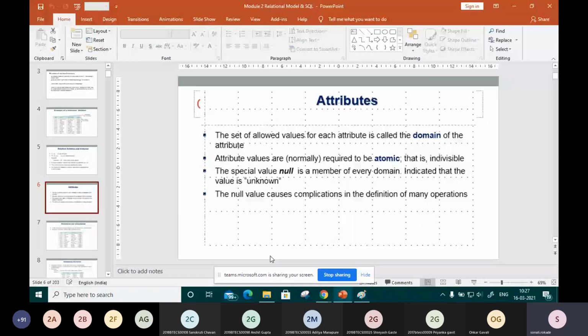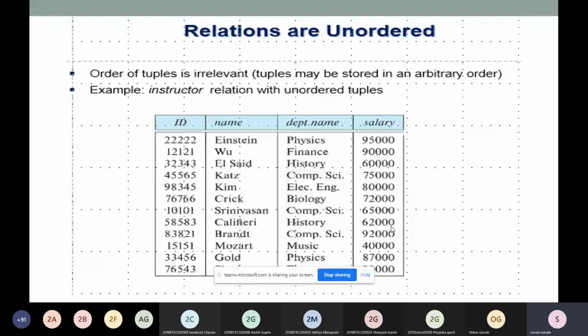After that, relations are unordered. Right now we do not have any ordered structure in our database, so all the tuples which are present over there are irrelevant. So they must be stored in an arbitrary order. Okay. So right now the tuples, these IDs, are not in a proper way.